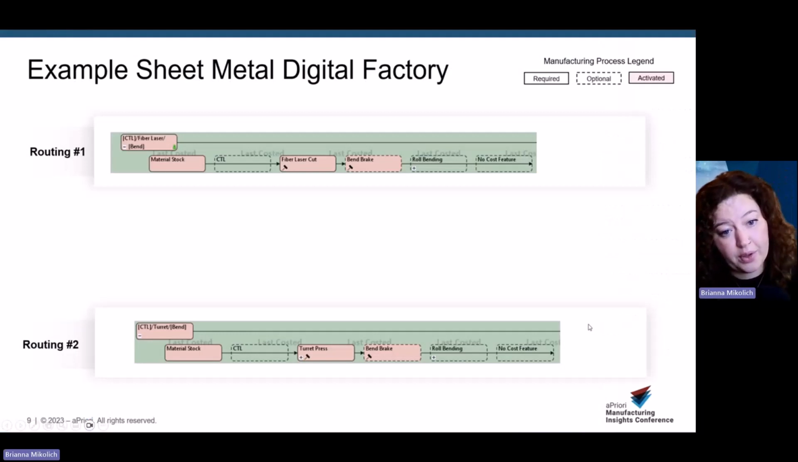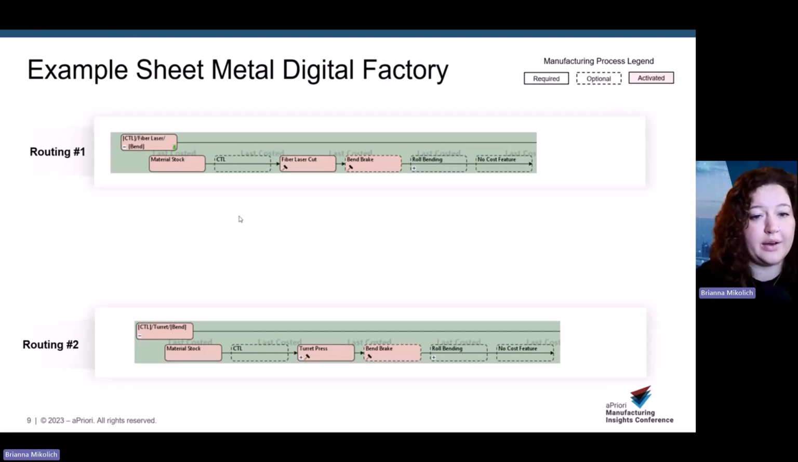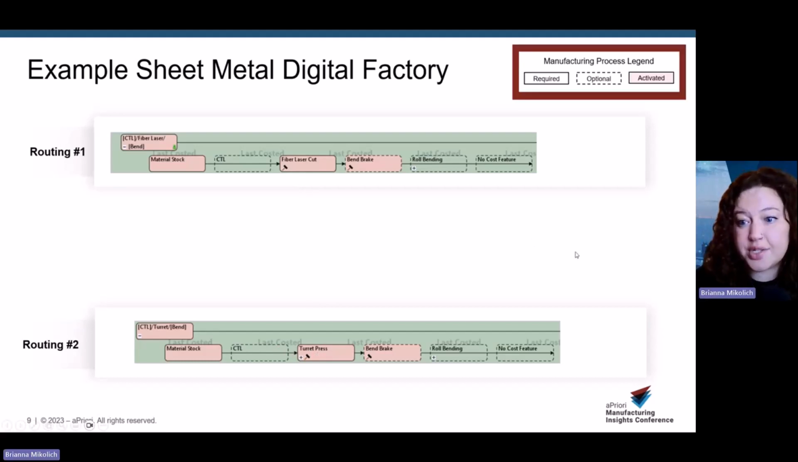Here's a very simple sheet metal digital factory. In this sheet metal factory, there are two methods of manufacturing sheet metal parts. One routing surrounding the fiber laser cut, and the second surrounding a turret press. Before anything else, first let's look at the legend to understand the different boxes or nodes, as we call them,